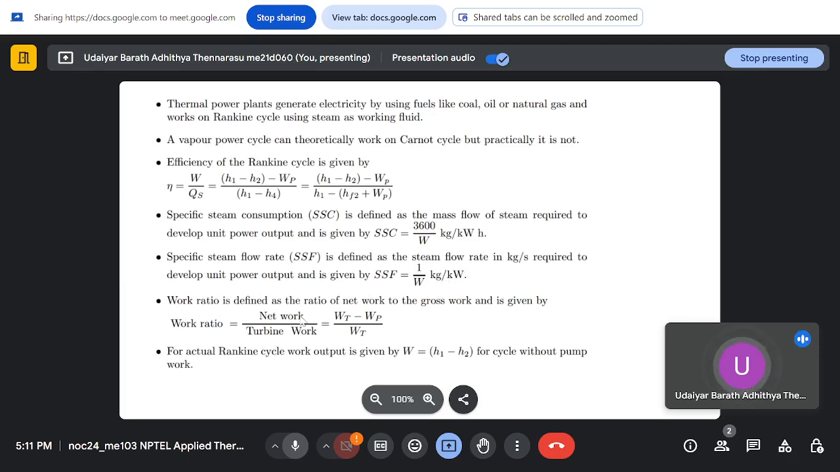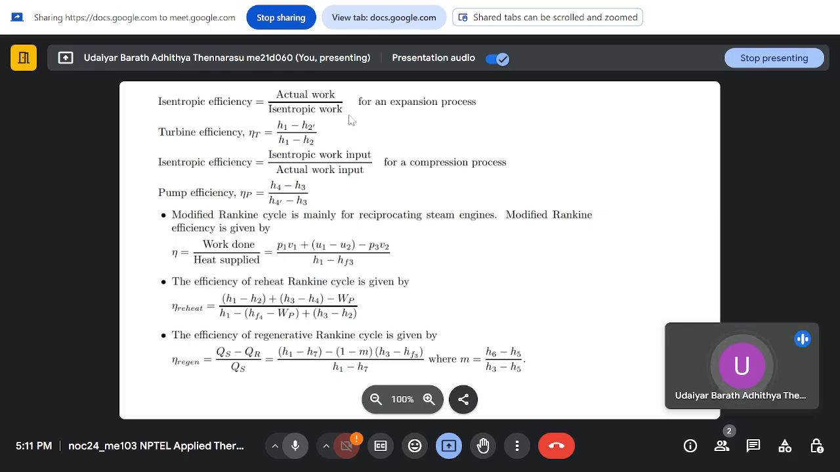So the work ratio is defined as the net work by turbine work, and that is the work ratio. So for an actual Rankine cycle, work output is given by your change in enthalpy across the turbine. So isentropic efficiency is actual work by isentropic work for an expansion process, and the other way around, isentropic work by actual work for the compression process. Then the efficiency of a reheat Rankine cycle is given by